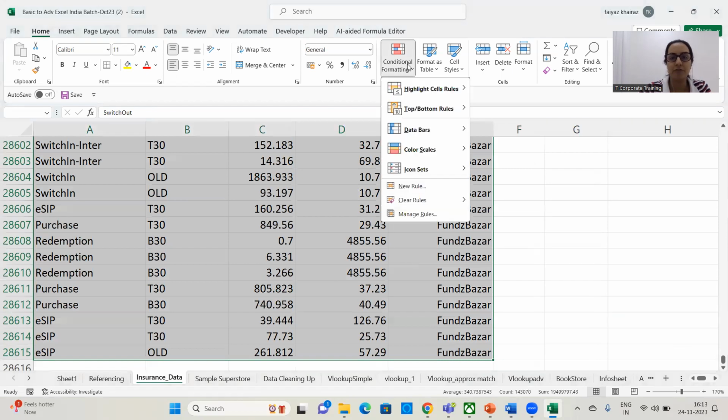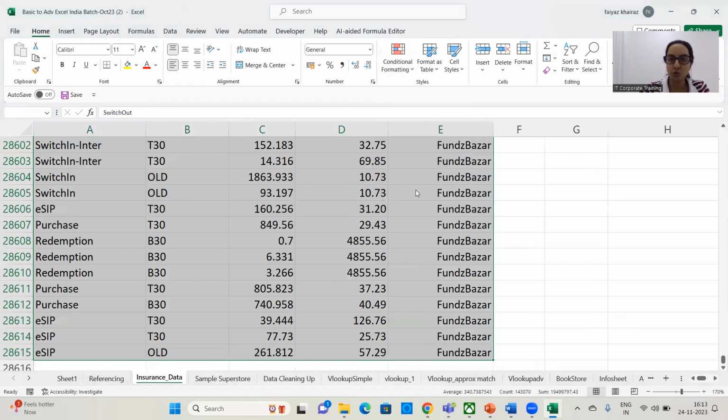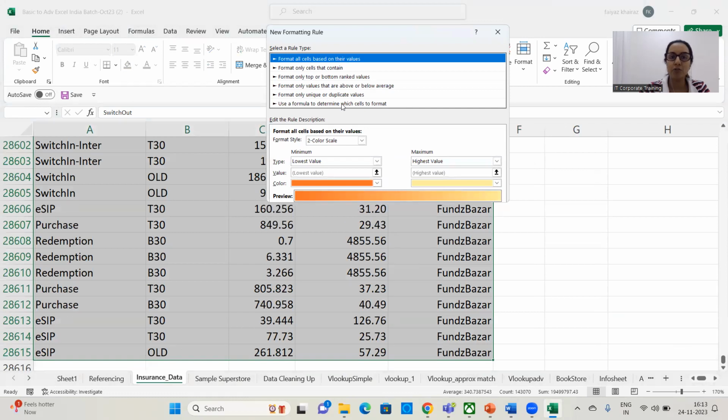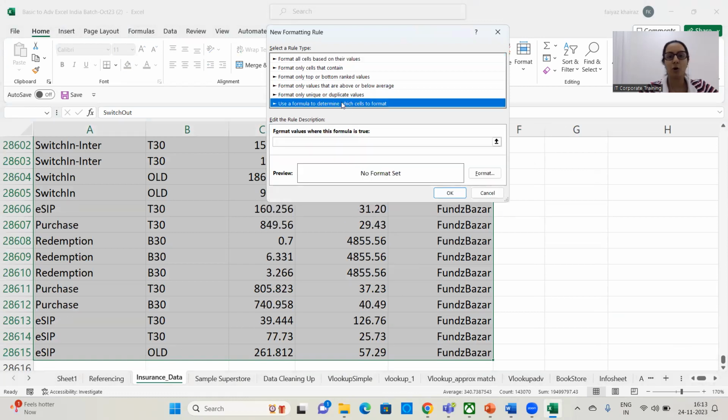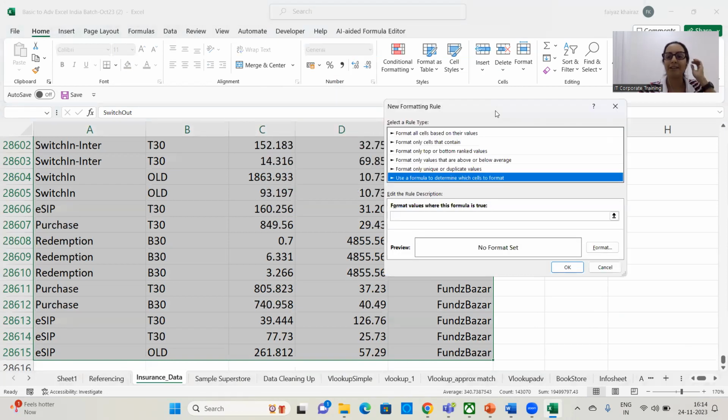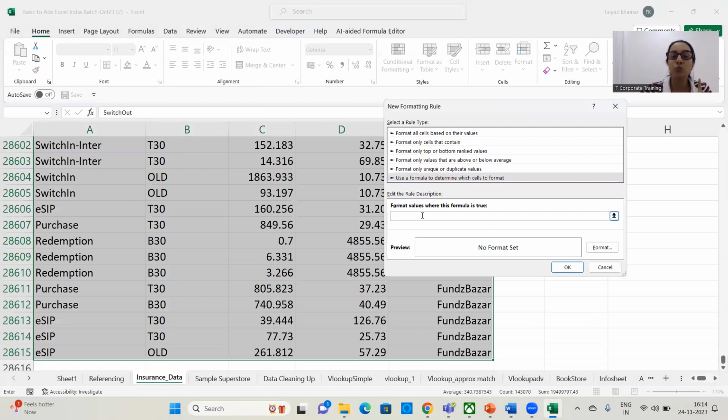In that case, we have to select the whole data. And under conditional formatting, we have to say new rule. And from new rule, we will use this option which says use formulae to determine which cells to format. And here, similar to the if condition, we will be writing formulas. These formulas are without the if. So I will write is equal to